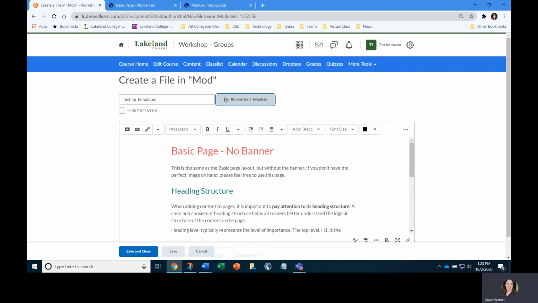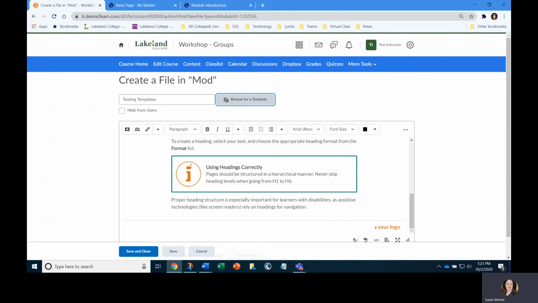So this one here will let me use a very limited amount of the information on a page. Now the reason why I kind of don't like this one as much as the Elements is the Elements really has a lot of information on it. So if I wanted to use this one, I could, and all I'm going to have to do is click Save, and you can come in and edit. But I also want to show you, remember that Elements one and why I really like it. So I'm going to hit Save and Close just to show you how easy it is